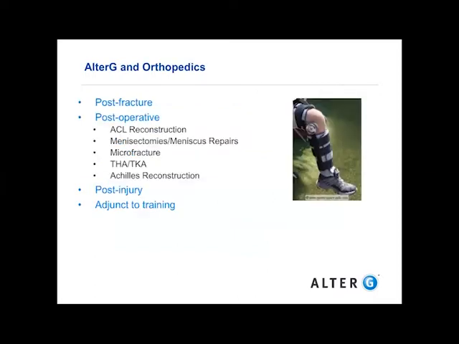So orthopedics, this was the initial patient population that AlterG anti-gravity treadmills were used for. Looking at runners as they're recovering from stress fracture, athletes and patients as they're recovering from orthopedic surgeries like ACL reconstruction, total hip, total knee, post-injury patients as they're recovering from Achilles tendonitis, patellar tendonitis, and as an adjunct for training. So patients were able to start using the AlterG while they're recovering and not lose out on